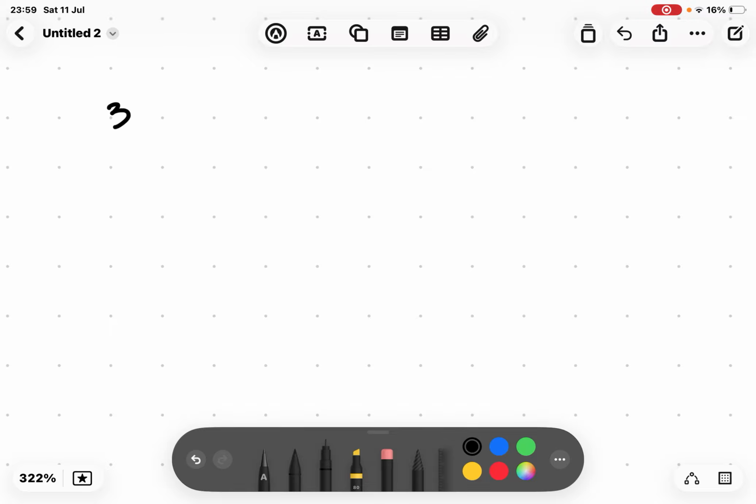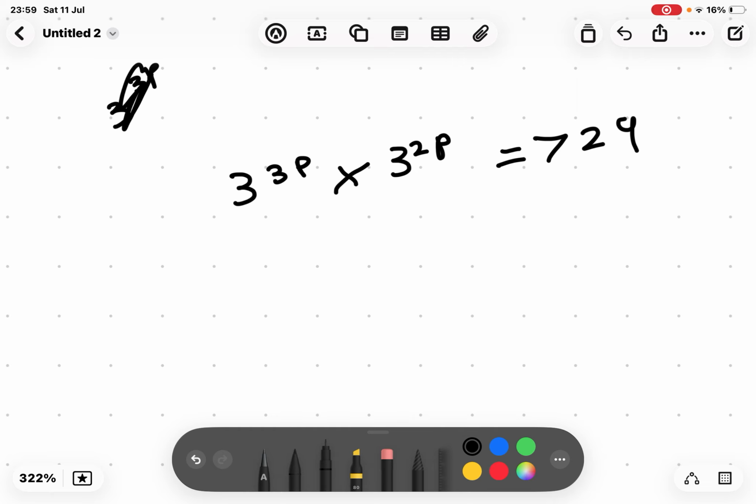After that we kind of have something like this. Wait, 3p times 3 2p equals 729. So we have to work out what p is, right? So in this situation, you can divide. So basically,